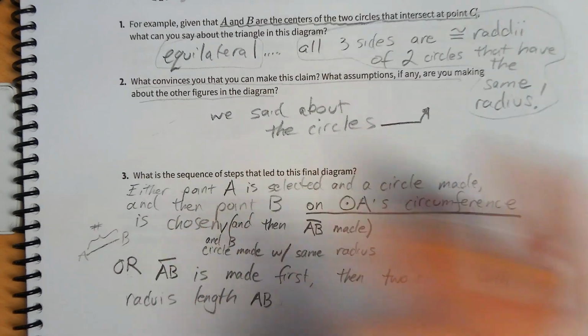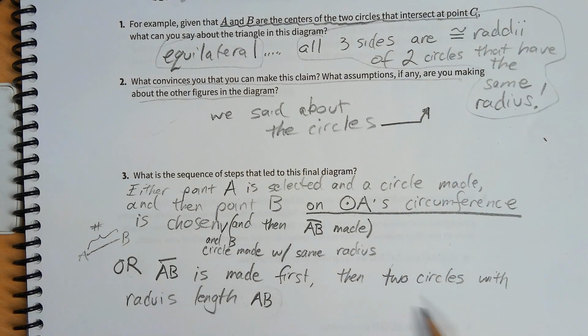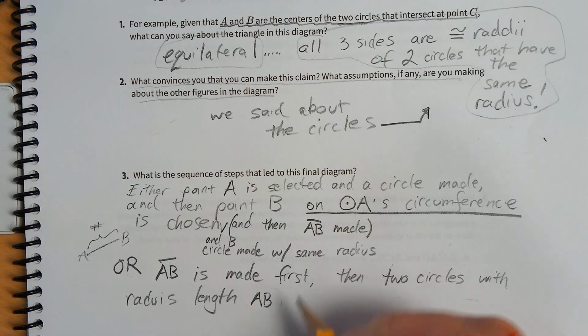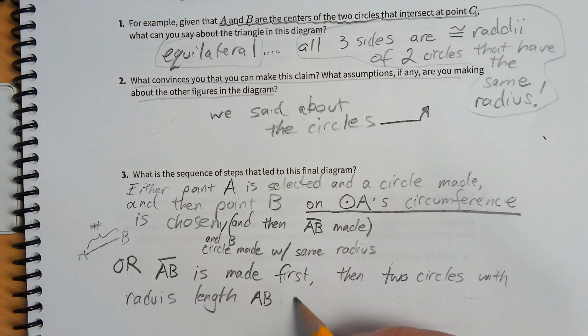We're about to make two circles of that. You can still put your compass to that size, whatever it is, like make any line, then put your compass to that size. AB size. Okay, rant over. Then two circles with radius length AB are made